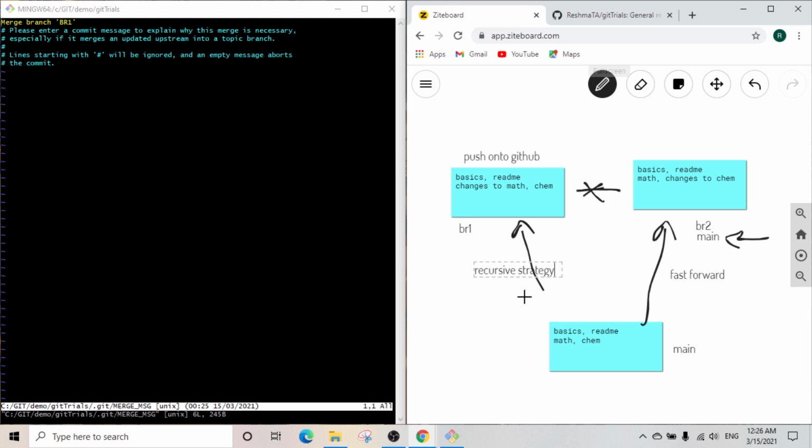It does get done, but not this way, because as you can see, br1 and br2, these two don't have a direct relationship like these two. So that is why the three-way merge is done. So Git gives a default merge commit, so I'm just going to go ahead and save that.